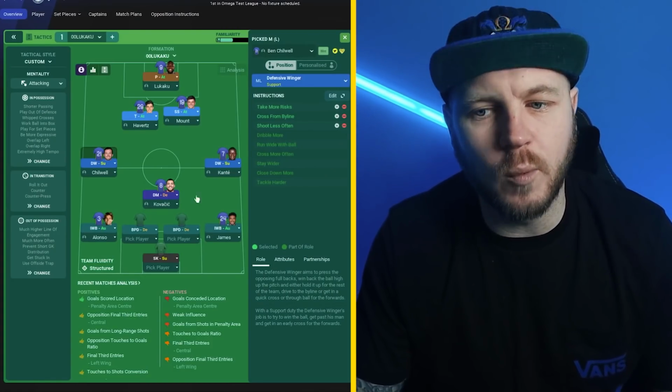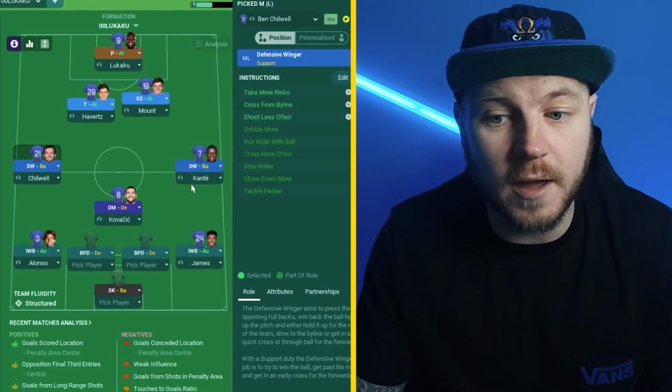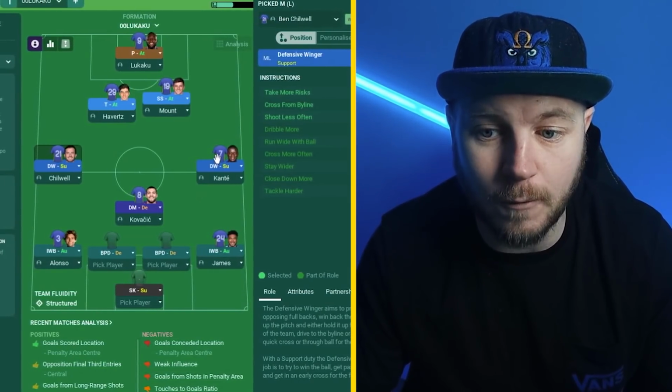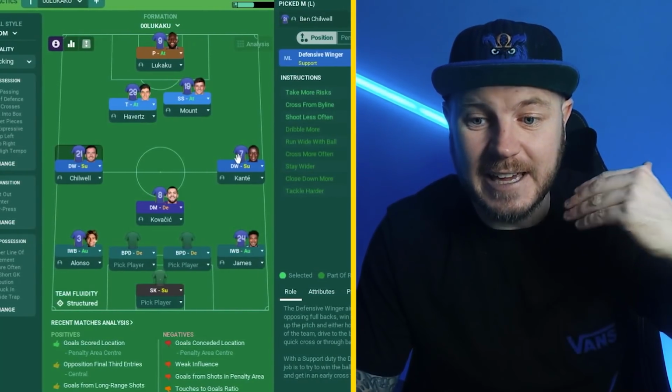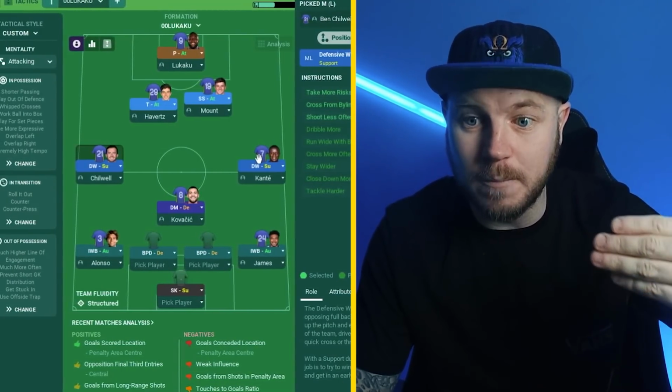Now, a role which I don't think gets used enough, the defensive winger. The reason for that is the instructions, and you are going to question why the players are in those roles. Again, I'll explain a little bit more. From the creator SNG, who obviously created the Attackalus, he's explained to me why this tactic works and who benefits